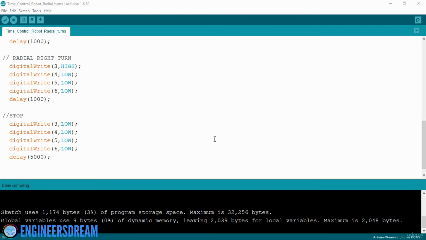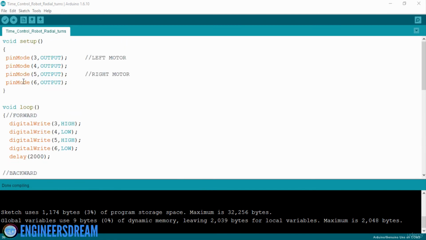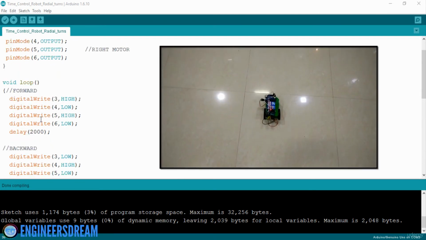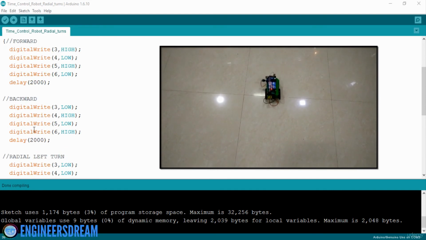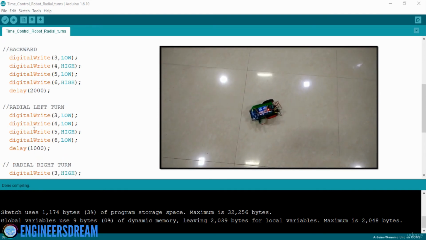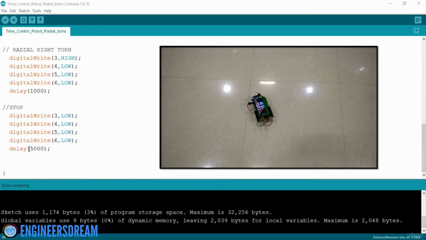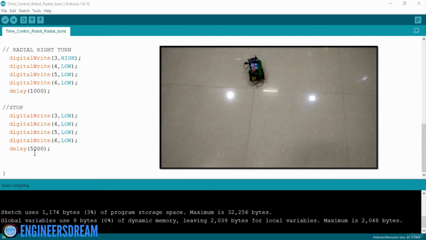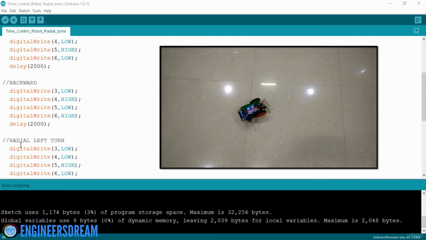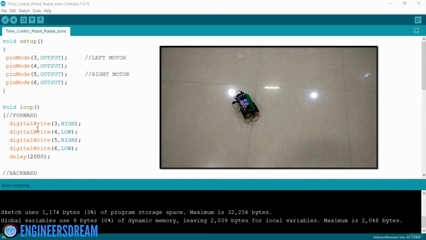Hey, what's up guys? Welcome back. In the previous video, we have written the program for stopping a robot. But when we checked the output, the robot was going forward for 2 seconds, going backward for 2 seconds, taking a radial left turn for 1 second, a radial right turn for 1 second, and then the robot stopped, but it only stopped for 5 seconds. And after the robot has stopped, it again started executing this program from the top